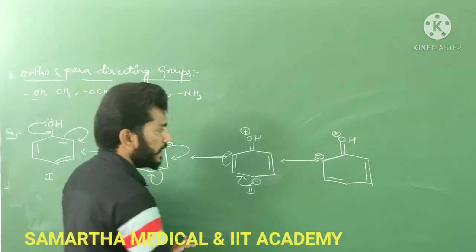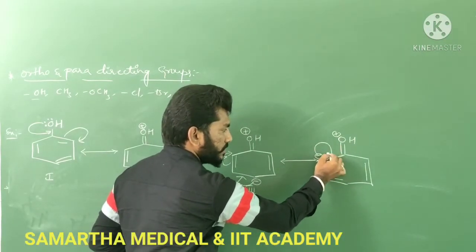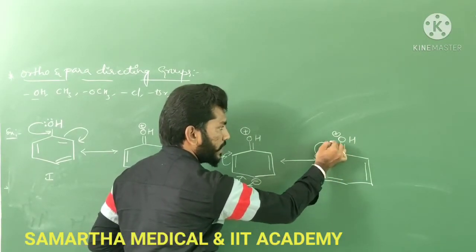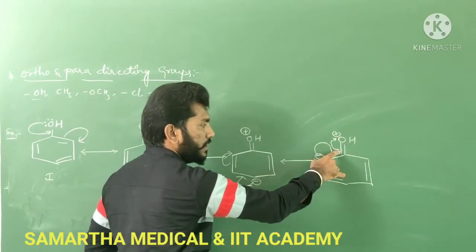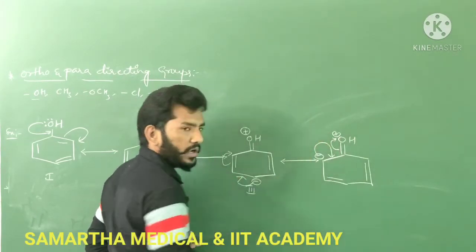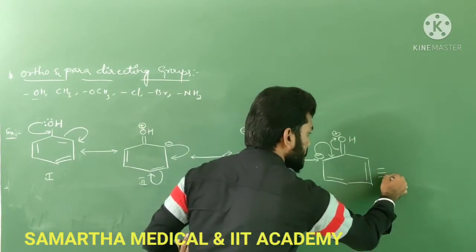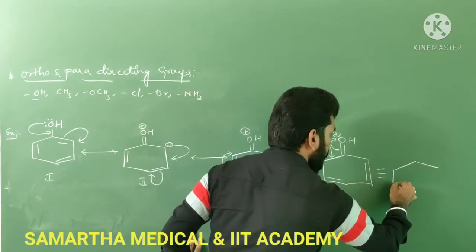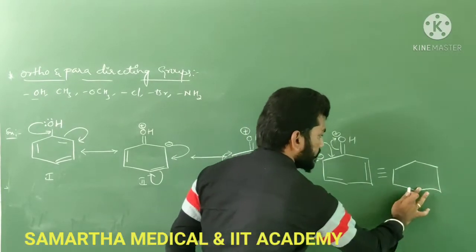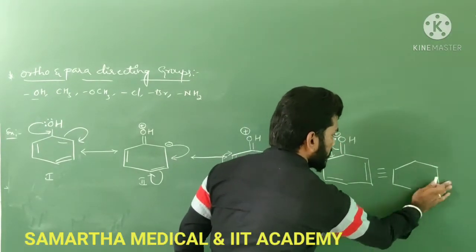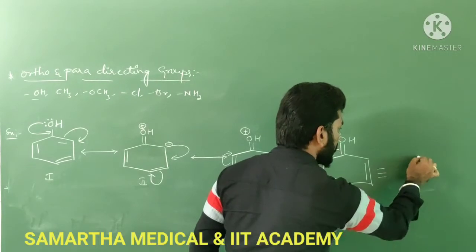Okay, so ultimately when this electron has been shifted over here, this double bond becomes a single bond, which means this particular pair of electrons has been shifted onto oxygen. Thereby we are going to get a resonance hybrid structure like that, guys. You can see here the resonance hybrid.